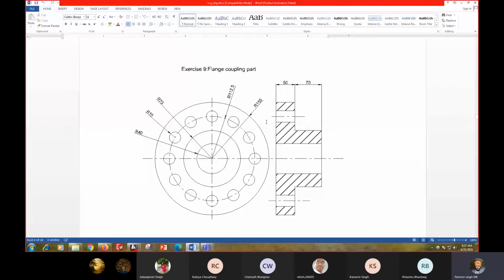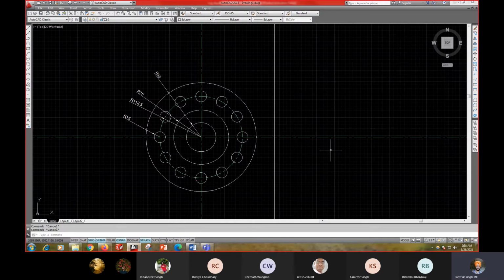The maximum radius of the circle is 150. So give the offset distance as 150. O for offset, give the distance 150, then enter.